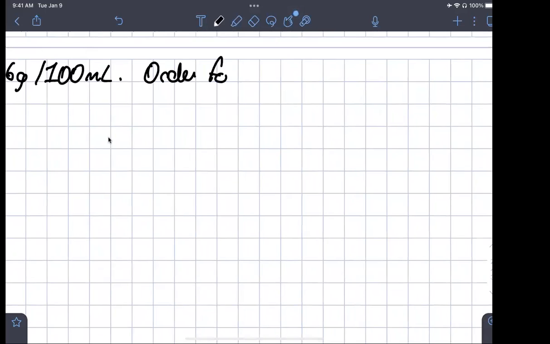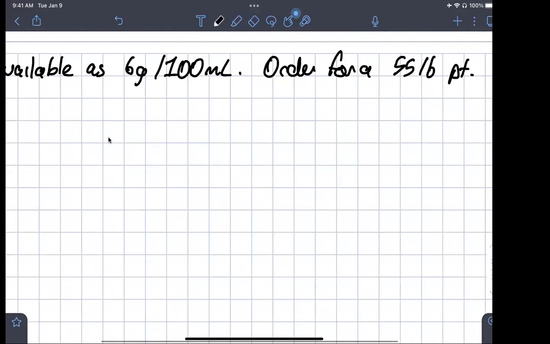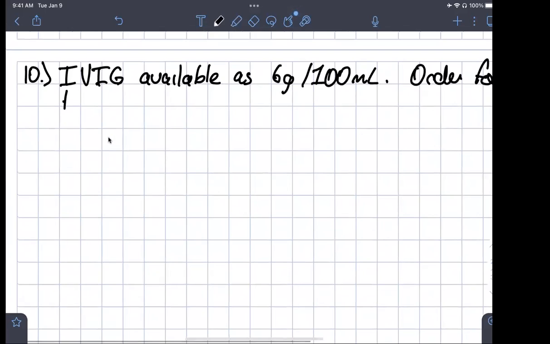Order for a 55 lb patient, 0.2 grams per kg IV. It says how many mils are needed